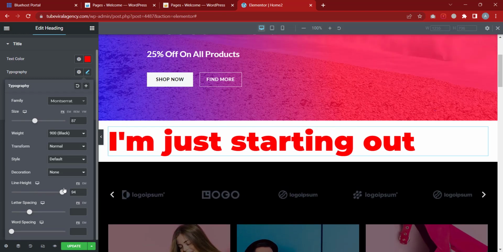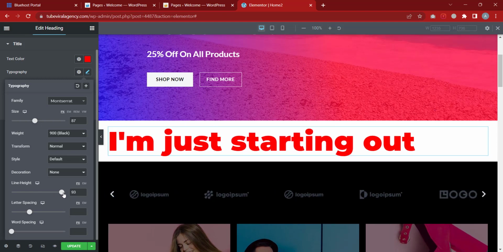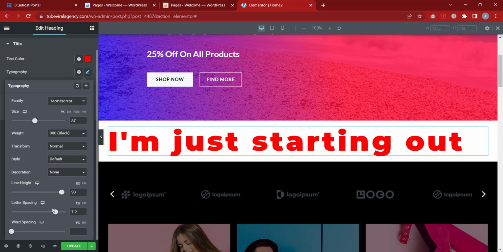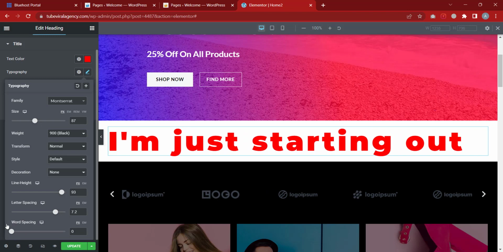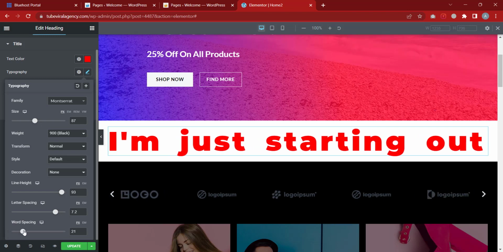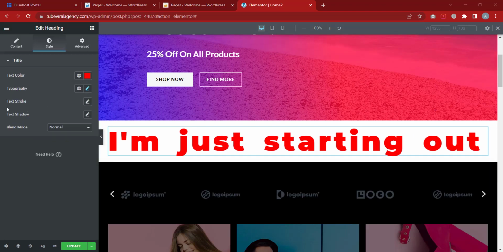You can see line height. Sorry. So I can change the line height. Then the letter spacing, I can change the spacing. You can see the way they are spacing out. The word spacing too, I can change the word spacing. You can see, you're going to be giving us more spaces in between the words. So all of this you can do. You can go to shadow,